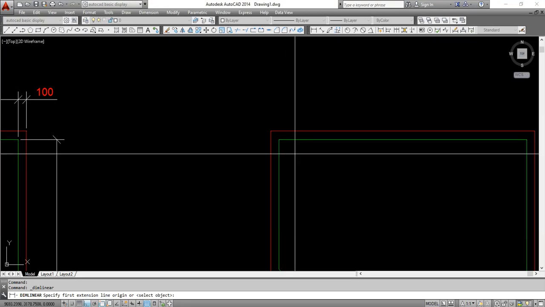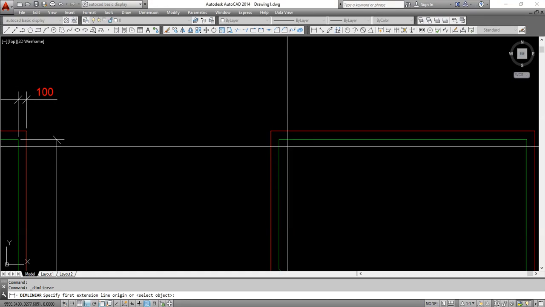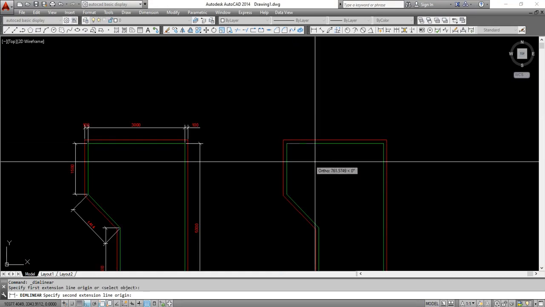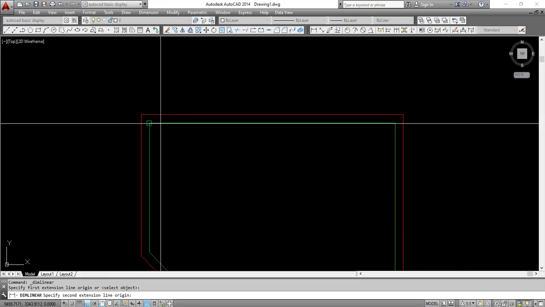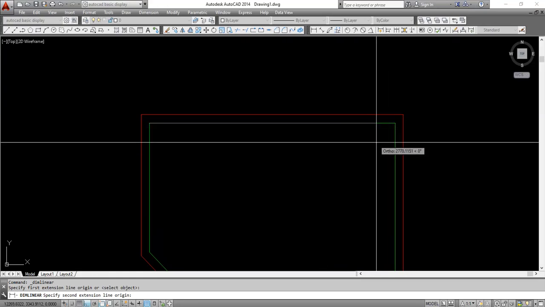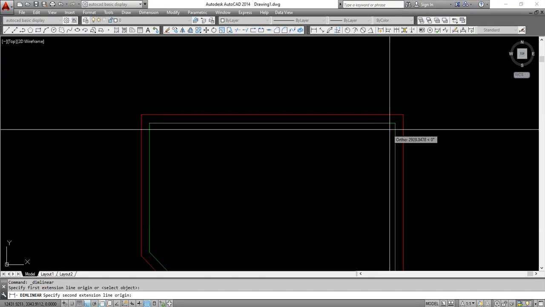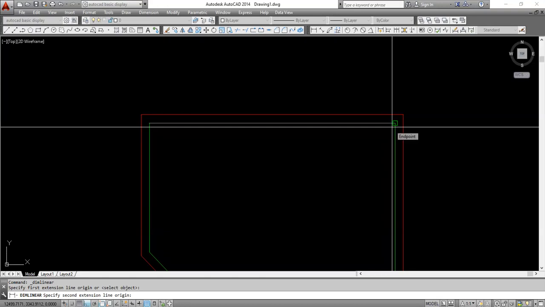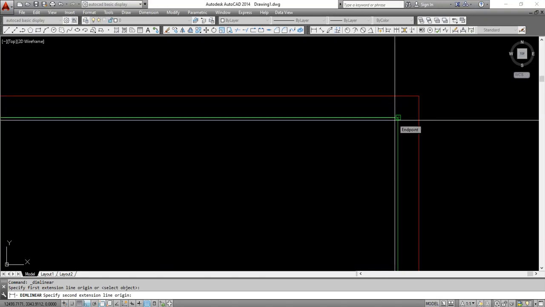When you see the square already, just pick with the left button of the mouse. Let's say you want to put the dimension on this length, you just place the crosshair near the corner. When it shows this square, it means you are already on the endpoint of the line. So pick, left click,